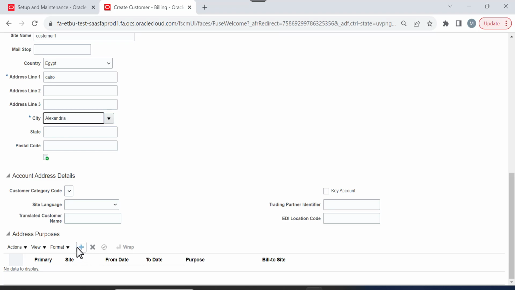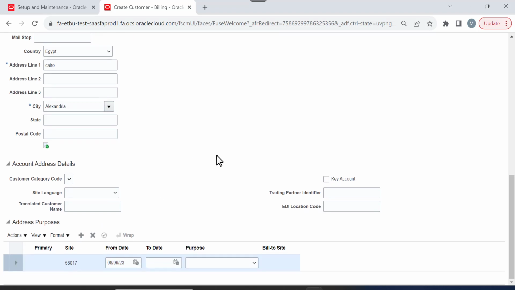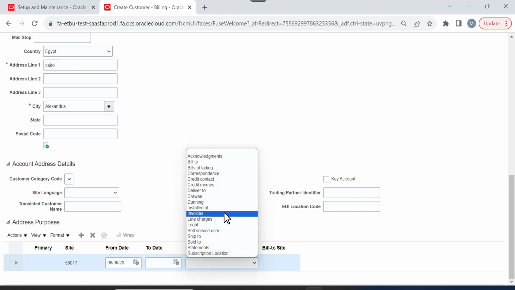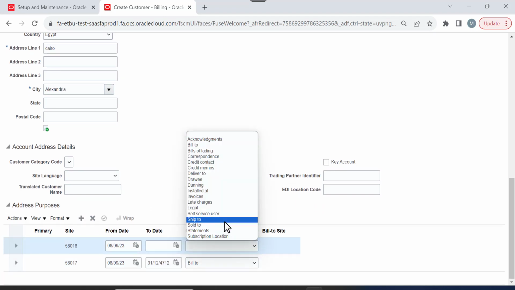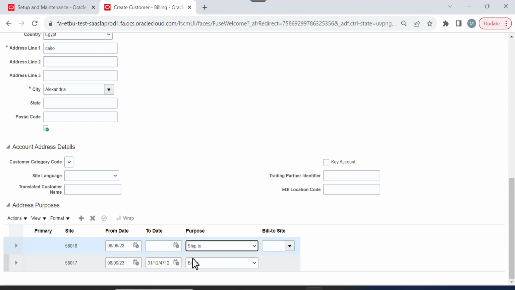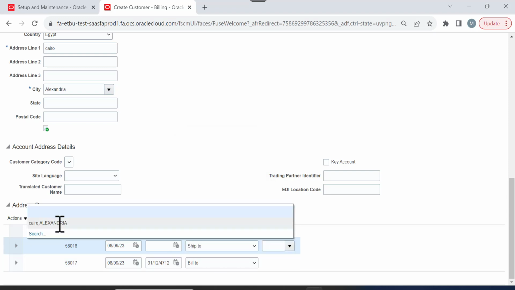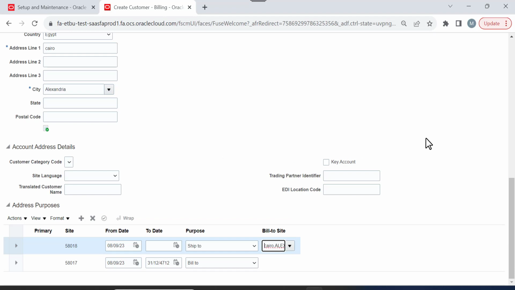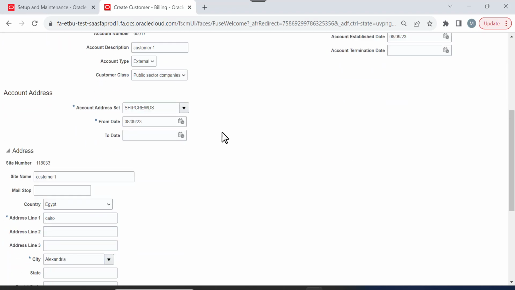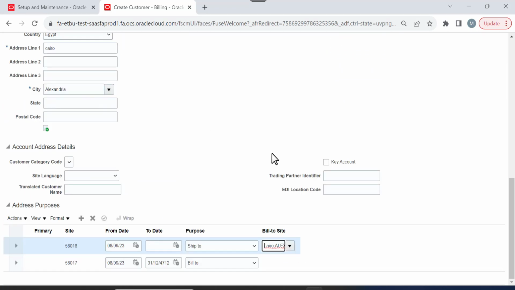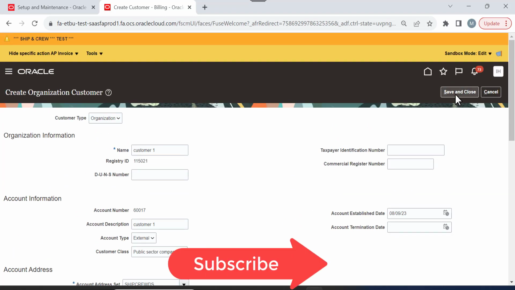For the address purposes, you have to add the bill to and ship to address purposes. The first one you can select bill to, then add another one for ship to. Here you have to assign the bill to site. So this is an overview of how to create customers, and depending on this address set it will be assigned to our business unit. Once you save and close,